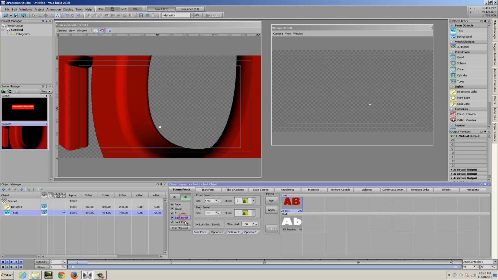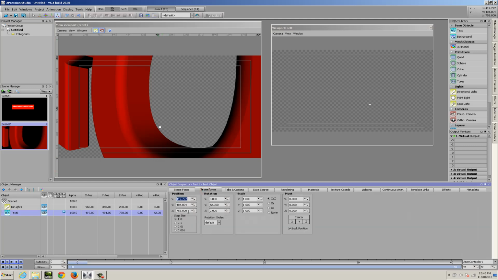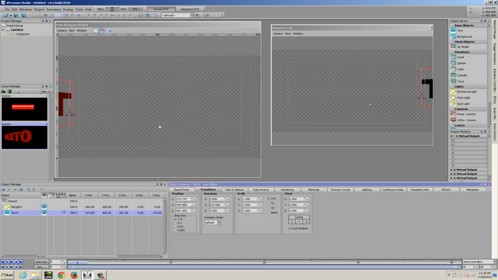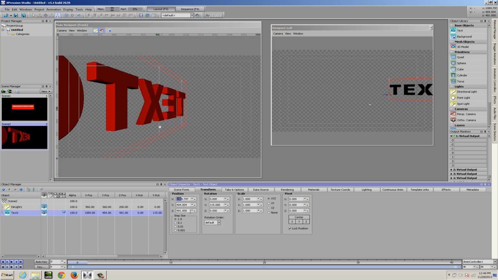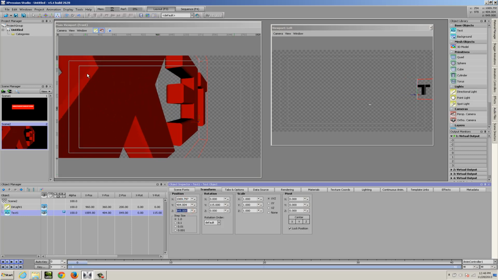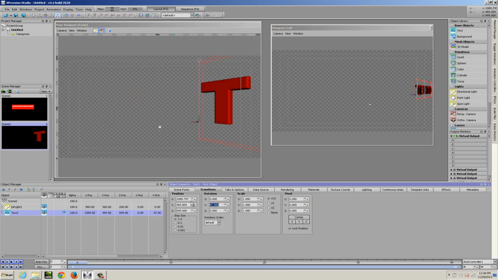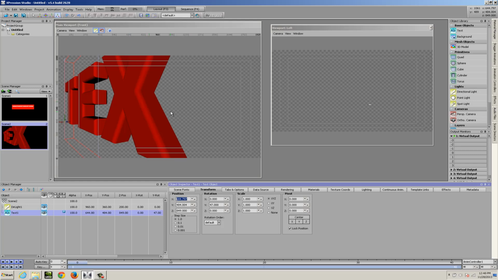And I can adjust the back bevel and back face, but by default, the back bevel and back face are locked to the front bevel. So if I go to the bevel options, you'll see an option here that says lock both bevels. If I disable that, I can now put a unique bevel on the back and a unique bevel on the front. So if we're looking at our text object, I'll swing it around, we'll rotate this and shift it over. You'll see that on the back side, we now have an angled bevel, a mitered bevel.